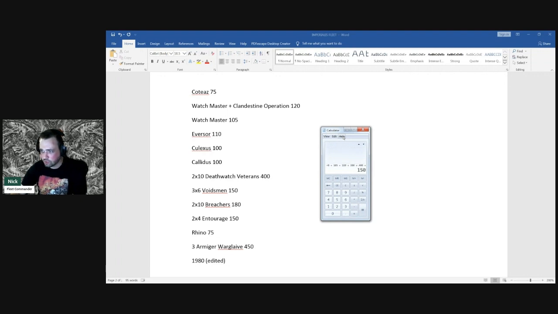Busting out the old calculadora. So it's 1940 before Kodz. We've got 60 left. So maybe the way we'd run this is we just cut Kodz and get a